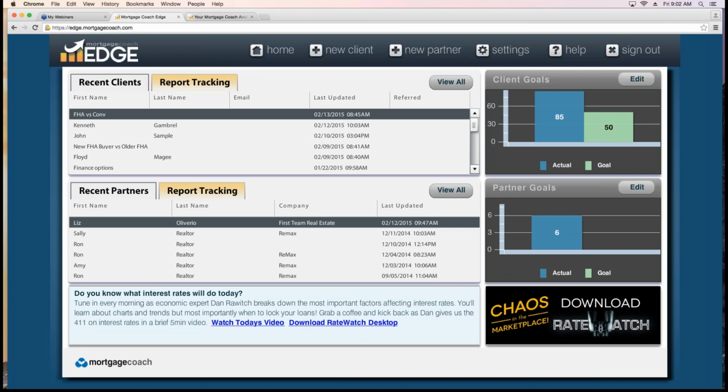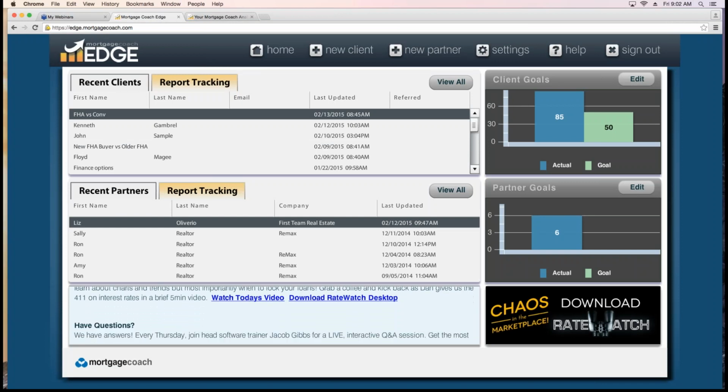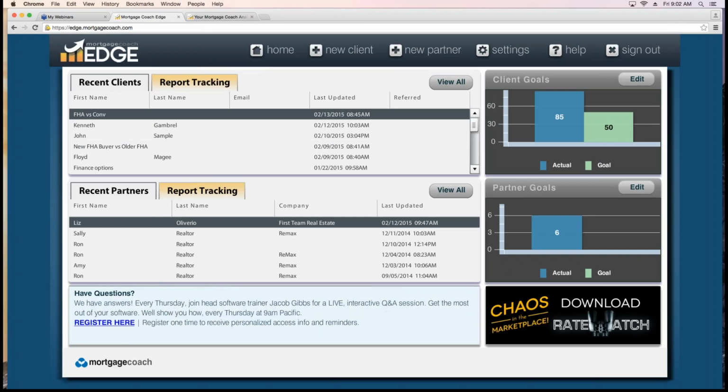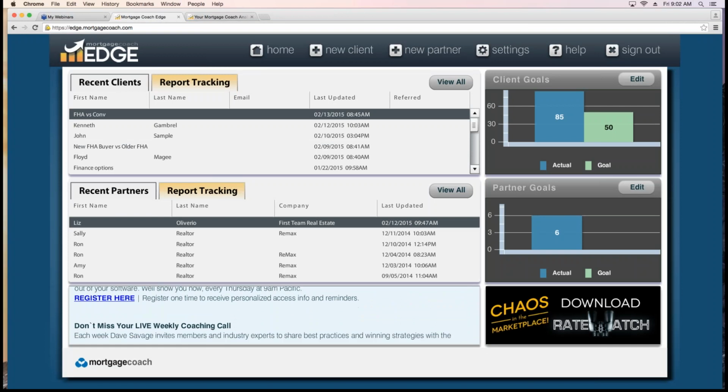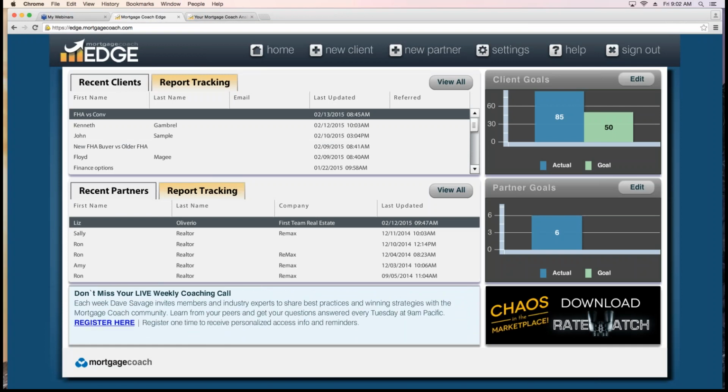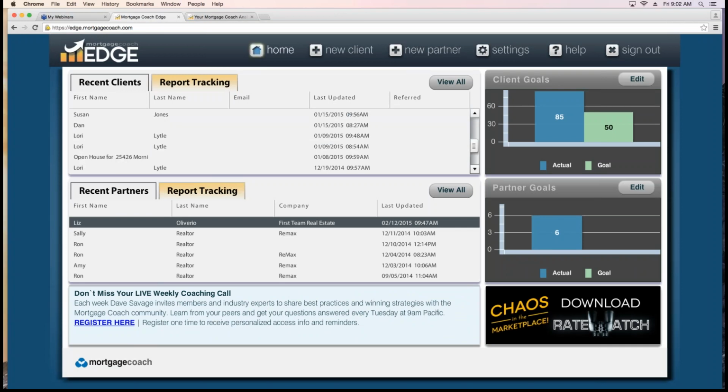And if you'll notice, we have two sections. We have our client section in the upper area and our partner-facing report. So for the clients we have the total cost analysis and the rent versus own, and for our partner-facing reports we have open house flyer or sell or buy down. All the items that we're going to work on today we'll be able to use for both functions. So we'll work on the TCA, but everything we do also flows into the rent versus own as well as